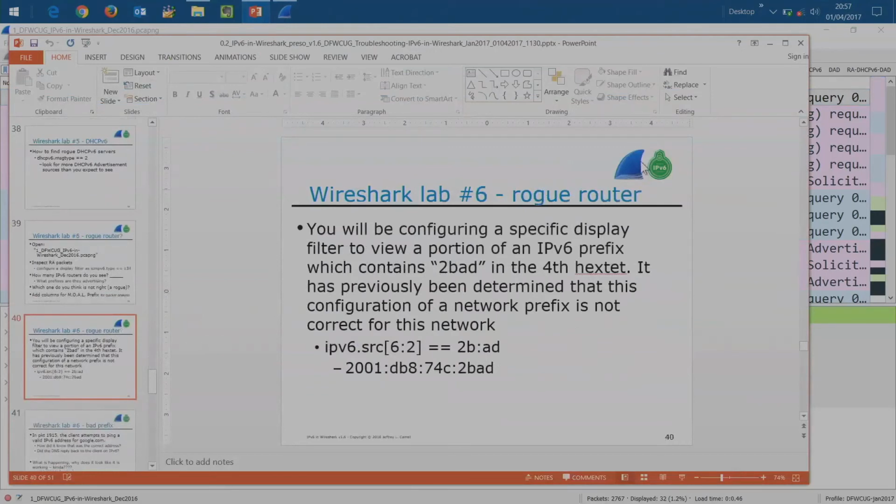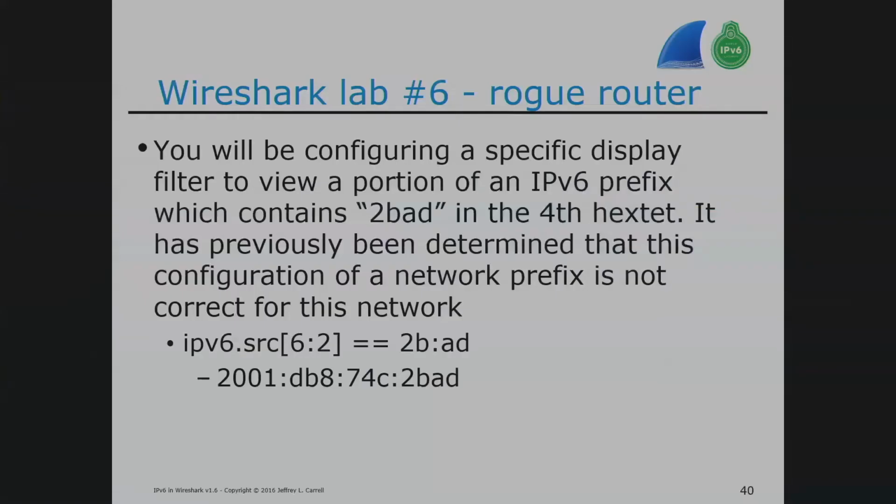There it is. Okay, it is square bracket. Here's what I configured: go look at the V6 source address, go 6 bytes, look at the next 2 to see if they equal out. That's the display filter that I just configured. That's what's in the little green box that you can't see. But you'll get all these.